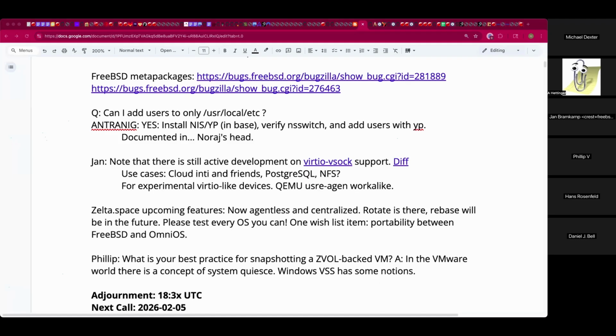With ZFS and ZVols, you can just snapshot the ZVol and it's no worse than a power loss on a physical system, without the worry of lying disks and so on. Yes, but what we're saying is we can signal to the guest OS that we're going to take a snapshot, get everything stable on your end, and then it's better than a power loss. Basically buffer the writes and database, sync the disks and pause writes.